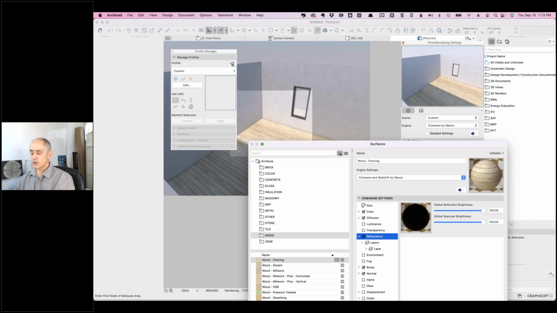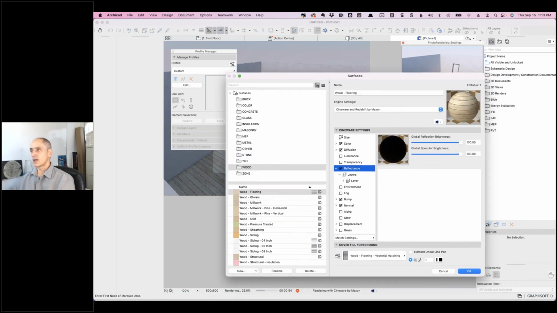or probably much simpler, if you really want to have high quality images, you would export your model to something like Twinmotion or Enscape, and in there you have very quick feedback. You can make something more reflective and just instantly see how shiny it is, etc. Here you can see this preview is taking absurdly long. So that's a sort of short quasi answer, just to say you're never going to get it